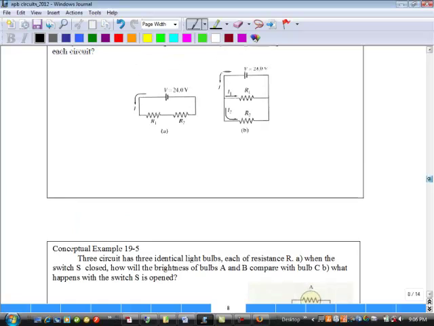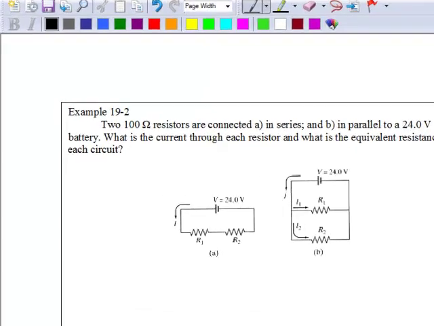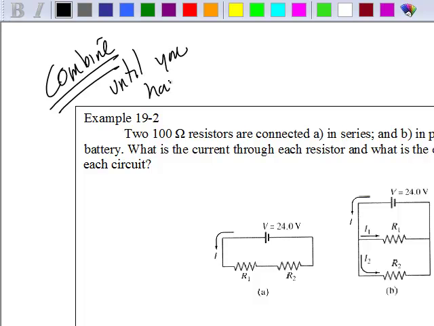Alright, last little bit here on this. Two 100 ohm resistors are connected in series and in parallel to a 24 volt battery. What is the current through each resistor and the equivalent resistance of the circuit? Hopefully you remember, you combine until you get, write this down, do it every single time. Combine until you have one resistor